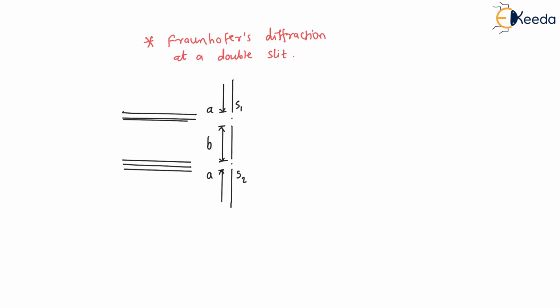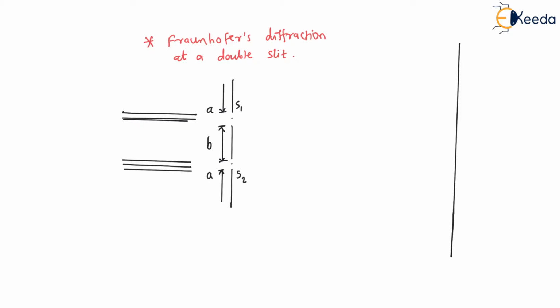Now see, we have seen in the single slit that whenever light passes normally through a single slit, it will produce a diffraction pattern on the screen. So now in this case there are two slits, so the diffraction pattern will be due to these two slits. Each slit will produce a resultant amplitude. Here I'll draw one screen, where we will obtain the diffraction pattern.